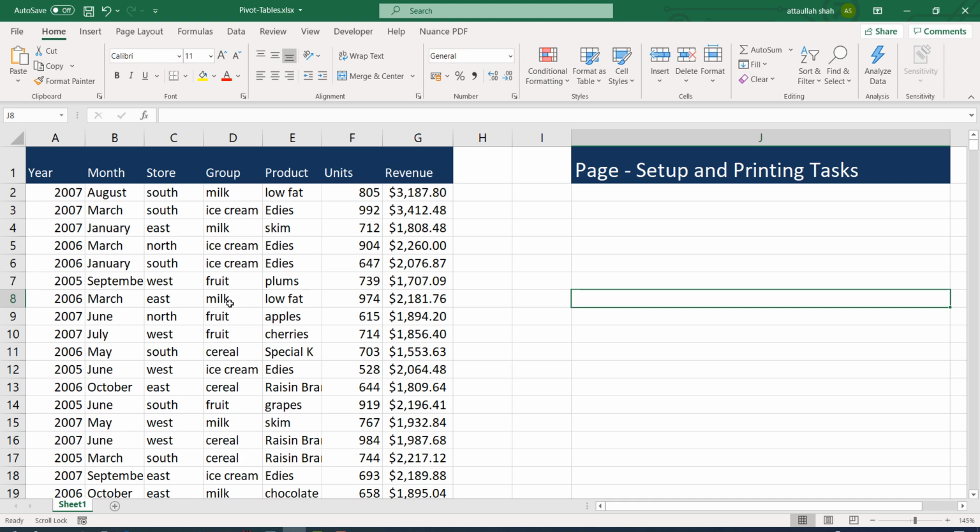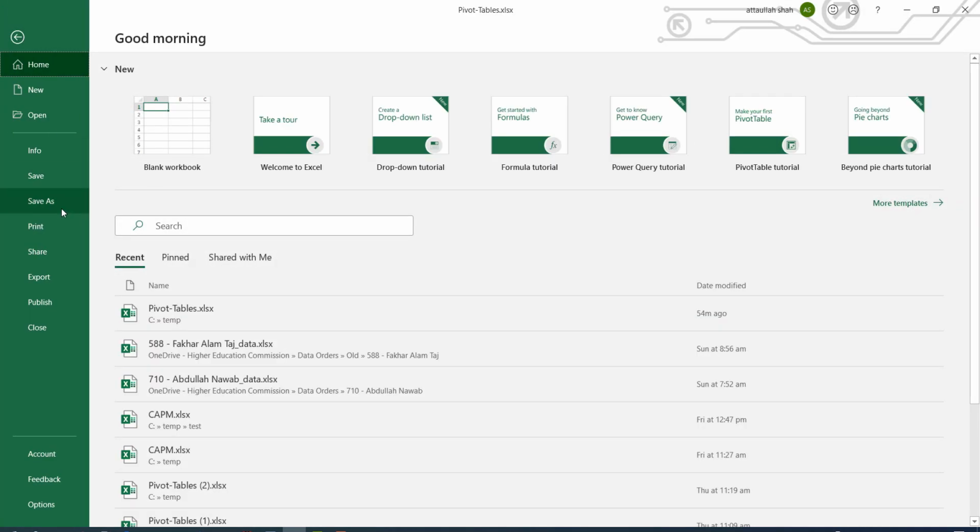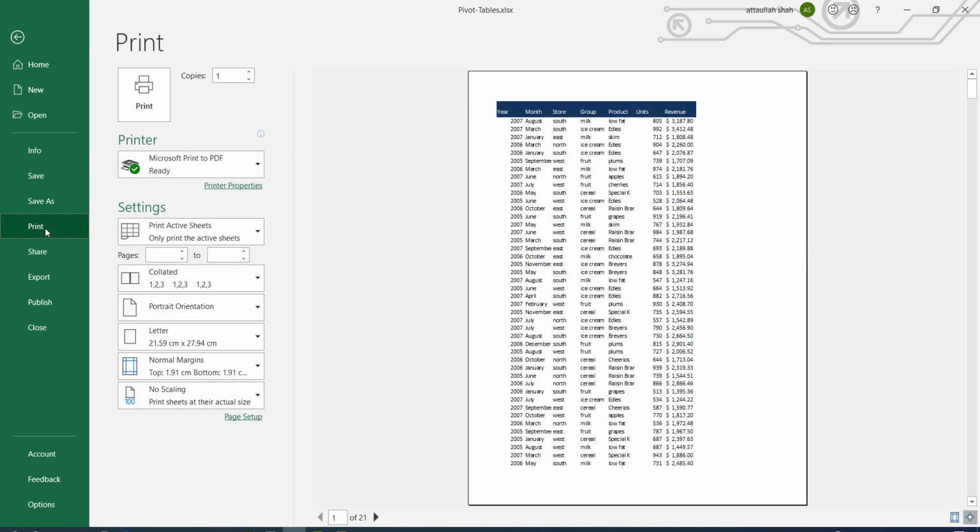Page setup and printing tasks are found on the page layout menu, and the printing tasks can be found on the file and print. So if we click on the print, this is how our data looks like. This is how it will be printed on the actual paper.